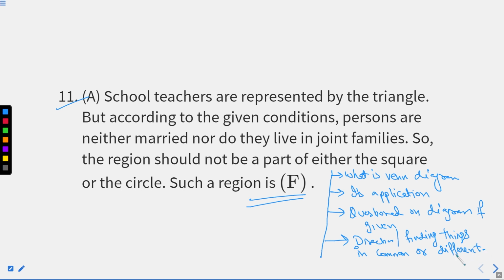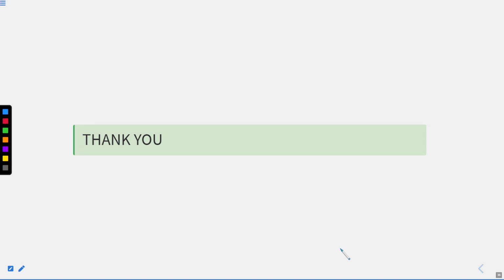Now, in total we have discussed 11 questions in this chapter. For the first few minutes I have explained the different types of Venn diagram representation: when things are common to each other, when things have something in common, when things have nothing in common. I have explained all these things. Then we started with the question part, where I explained how to approach the questions if two conditions are given, or if three conditions are given, right? I have explained each and every question from my end. So this is all from my side for this particular chapter.